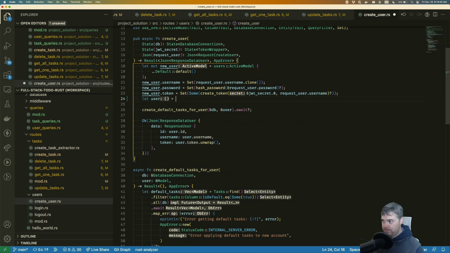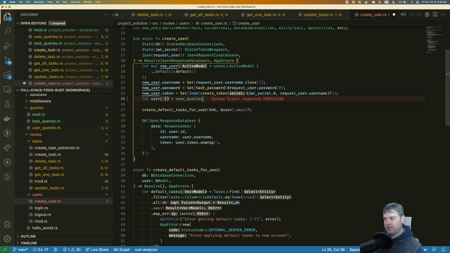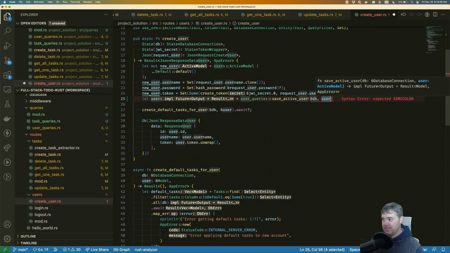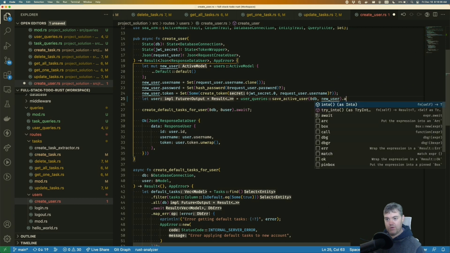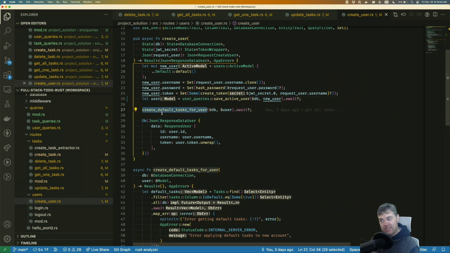So we now have, what is this? This is going to be user queries. Save active user, pass in the database, pass in the user, the new user. We await, and question mark. Okay, so that gives us our user. We create the default task for the user. So this is going to be,